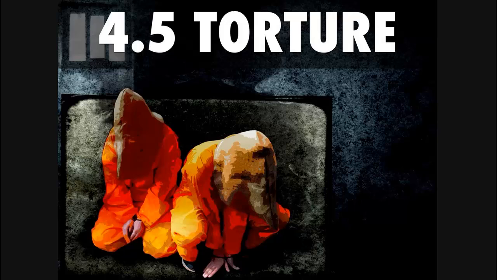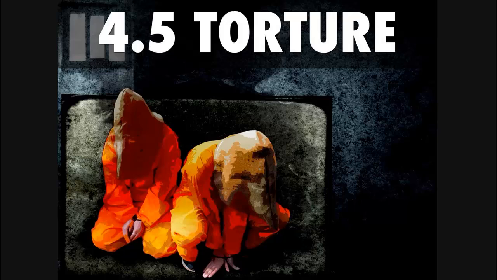The three key points to pull out of that is that torture requires severe pain or suffering, which has to be inflicted for one of these prohibited purposes, and this has to have been done with the consent or acquiescence of a public official. Now, while we've said torture may also be committed as a war crime or a crime against humanity, we should note that the ICC elements of crimes vary the definition somewhat.